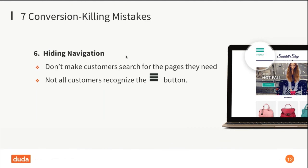Next, we'll talk about hiding navigation, because I think this is kind of a trend somehow in the last couple of years. Building websites, the trend seems to be using beautiful big images or maybe video backgrounds, which look fantastic. And some designers think that navigation buttons are clutter and try to hide them and stuff them under the rug underneath these menu buttons here, which I don't really know the perfect name for, so I'll just use the image for it. The thing is that your client's customers might not all recognize that button,